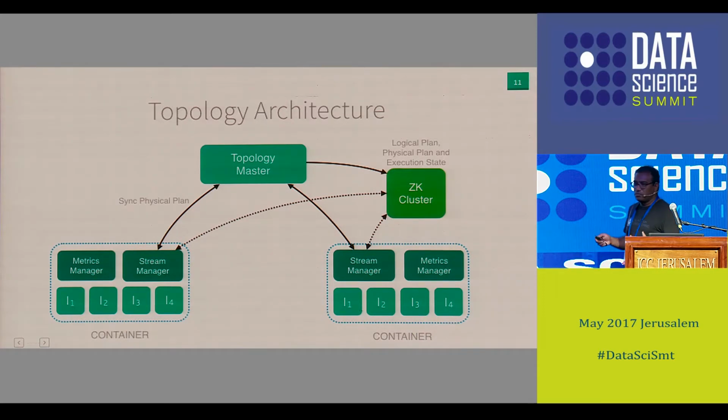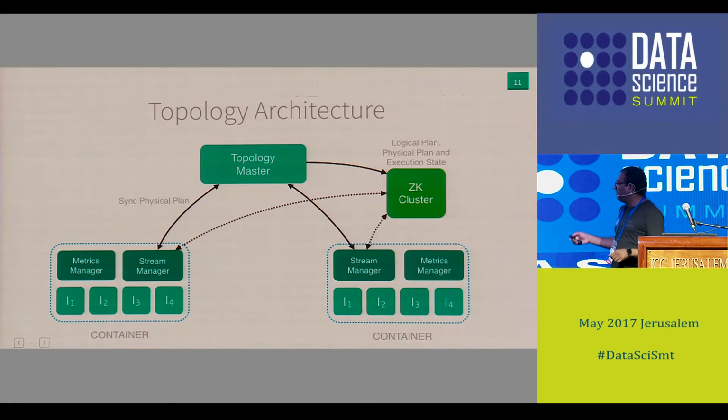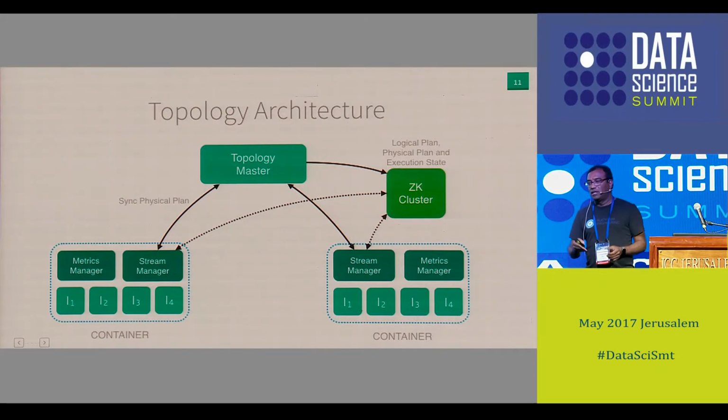From a performance point of view, because the title of the talk is how to improve the latency of your streaming job so that you can do end-to-end computation very quickly, within milliseconds, the main bottleneck for performance is the stream manager. All the data coming from the instances I1, I2, I3, if destined for some other container, has to go through the stream manager on that container, which in turn routes the data to other containers.